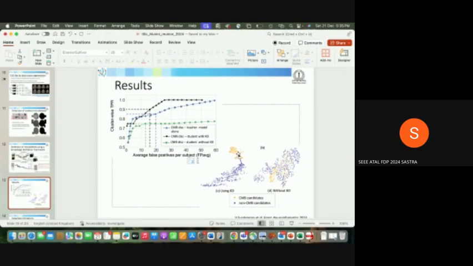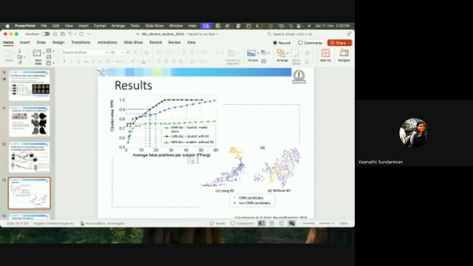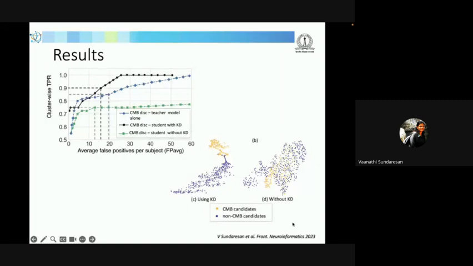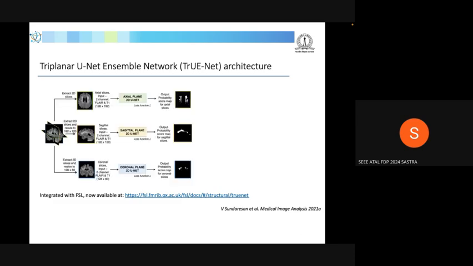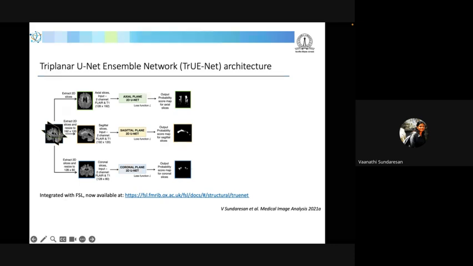Hello? Yes, madam. Yes, sorry, I lost my internet connection here. Okay, so yes, any questions so far? Yes, madam. Regarding the triplanar unit, you said you are using three units, coronal, axial, and sagittal. Okay, so you are getting the image as DICOM images as slices, or not in the Nifty form, right, madam? Yeah, so basically the data is given to us in Nifty form, and then we convert them into